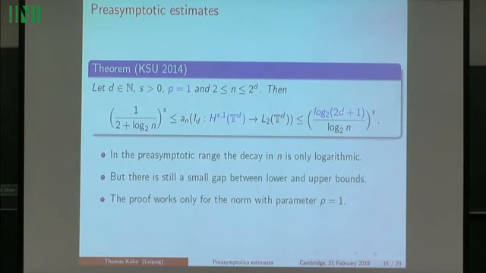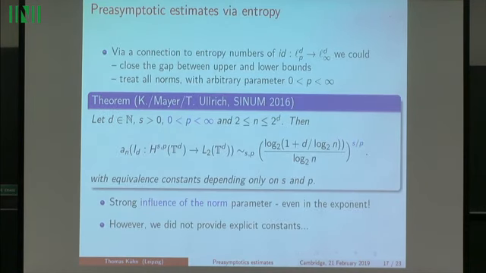But here you see this blue factor, log_2 of 2d to the power 1. This is an essential gap between upper and lower bounds. It's not quite matching. And moreover, the proof, which relied on an exact combinatorial formula, worked only for this case. So next, in a paper with